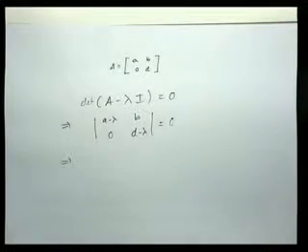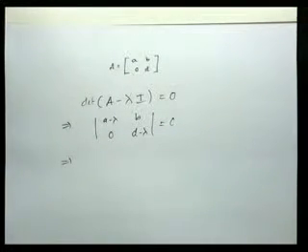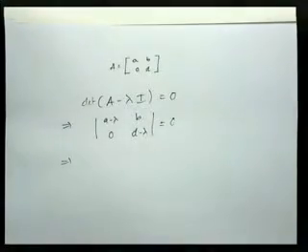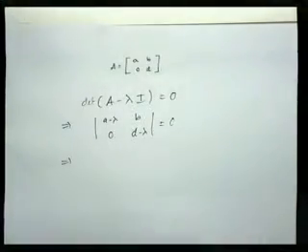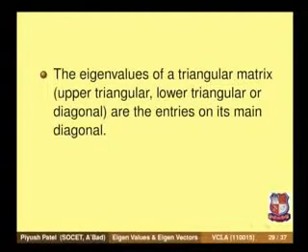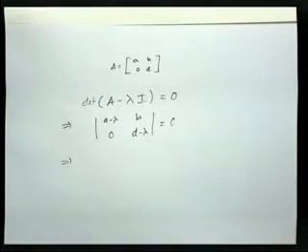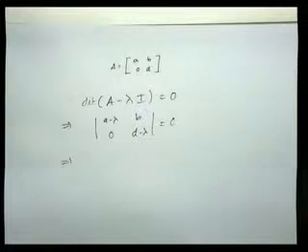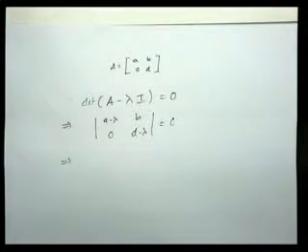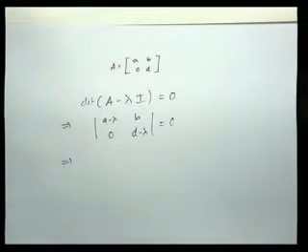The determinant of a diagonal matrix or triangular matrix is itself a product of the entries on the main diagonal. That property is known to us for the determinant. Therefore, from that property itself you can say the eigenvalues, because ultimately in order to find the eigenvalues one has to find the determinant, and if the matrix is triangular, then that determinant is nothing but the product of the entries on the main diagonal.